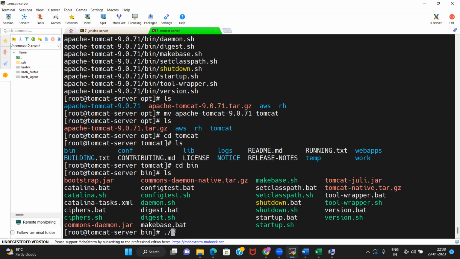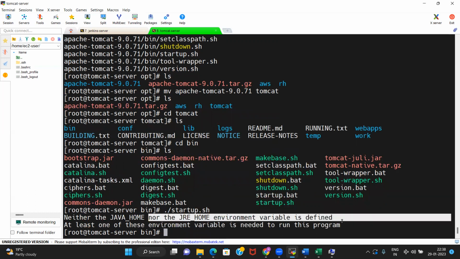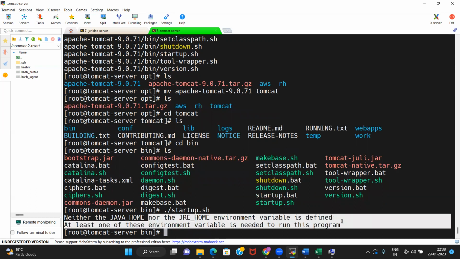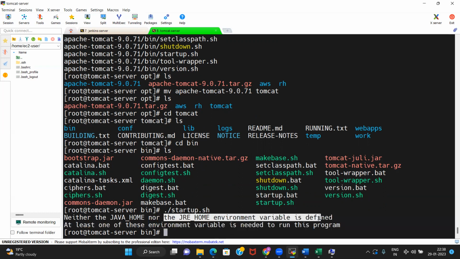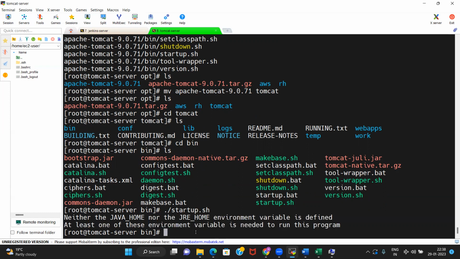Dot slash is the command to execute. St, just press tab, and among the options, you will be able to find it. This is a kind of shortcut, but you can just type it as well. Okay, just run it. But what it is saying is that you need Java. Okay, so Java is not here. So a similar kind of setup you need to do, right? Tomcat needs Java like Jenkins. So you need to have Java there.